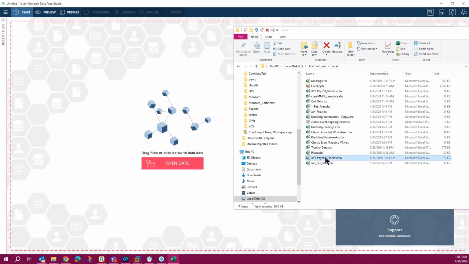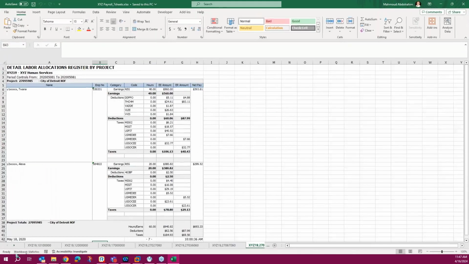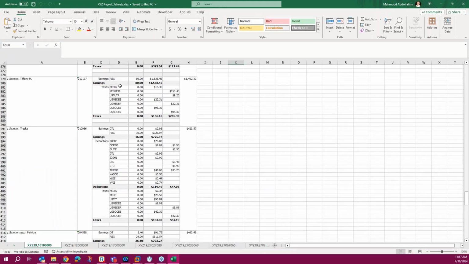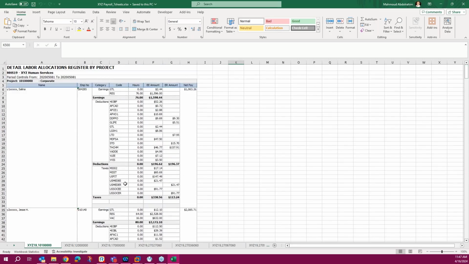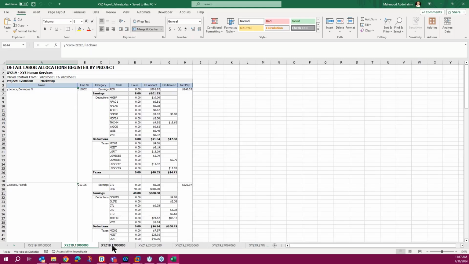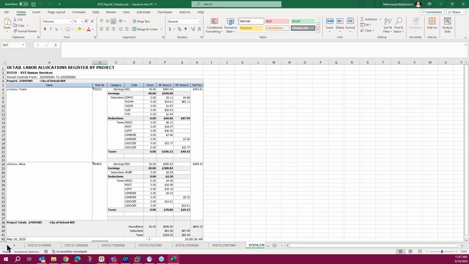So if I open it in Microsoft Excel, let me see what's coming on the other screen. So you can see that this has some payroll data. Each worksheet has different data, but the template or the layout is the same between all worksheets. Okay.